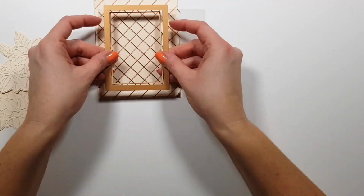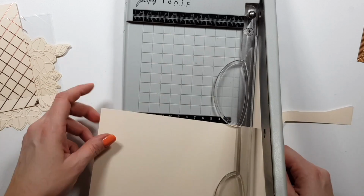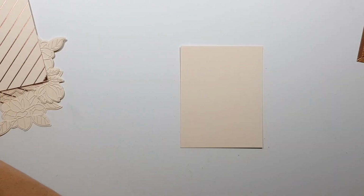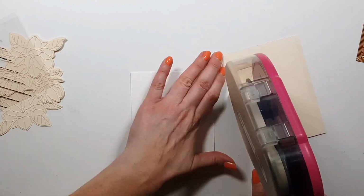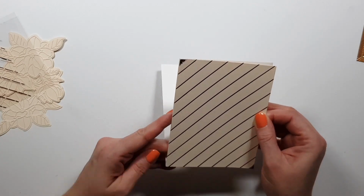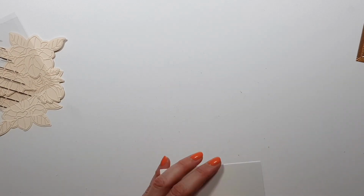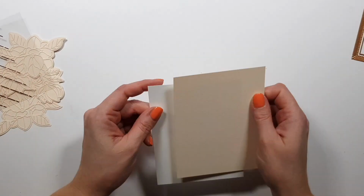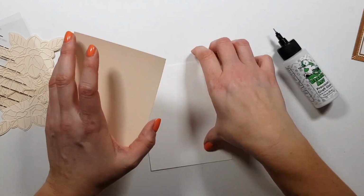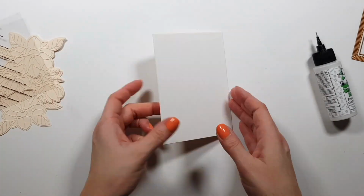And now I'm also pulling out another die set that was from Becca Fegan a few months ago, I think, just so that I can create a window. This is an A2 size card. I did not want to create a slimline window with the new die set. So I am creating a shaker card, and I'm adding,